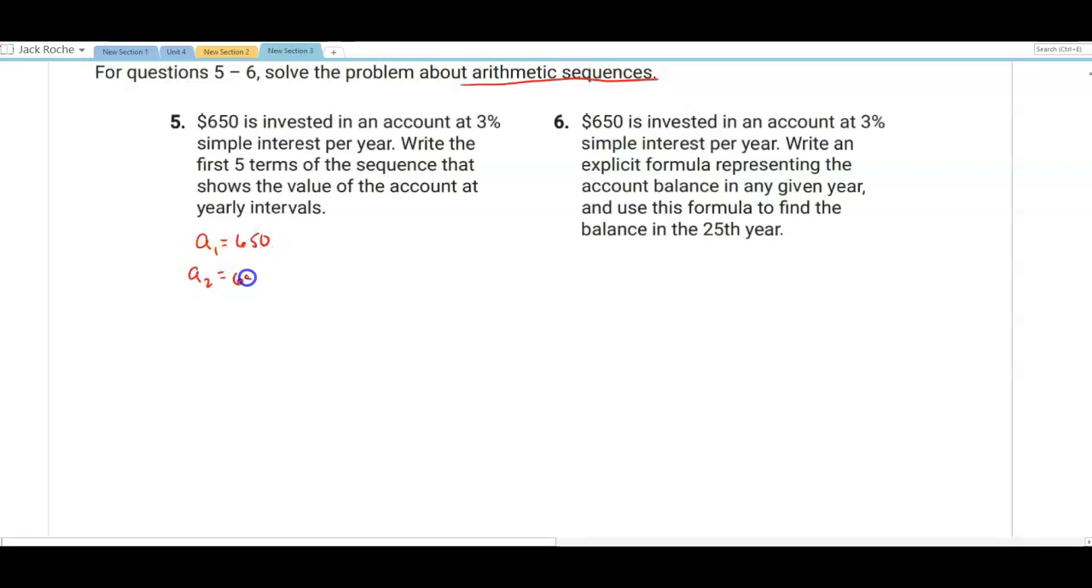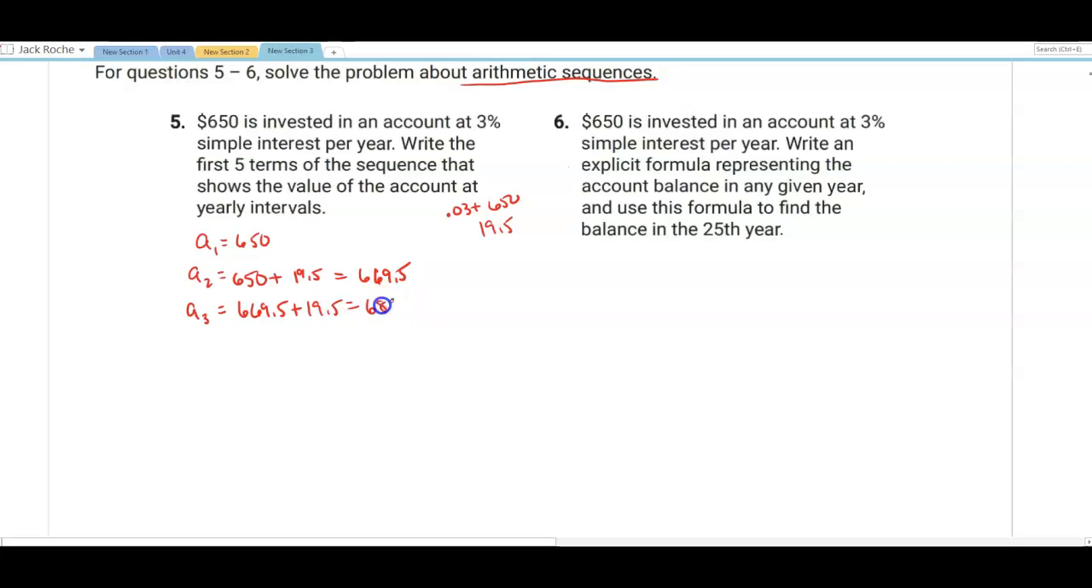A sub 2 is going to be 650 plus 3% of 650. Well, 0.03 times 650 gives me 19.5. So the second one is going to be 650 plus 19.5, which is going to give me 669.5. The third one then is going to be the 669.5 plus 3% of 650, which is 19.5, and this would give you